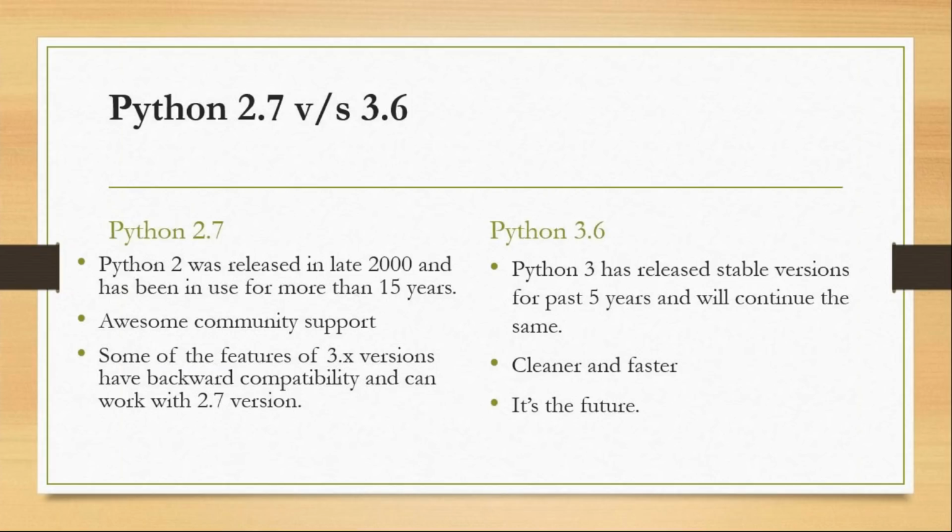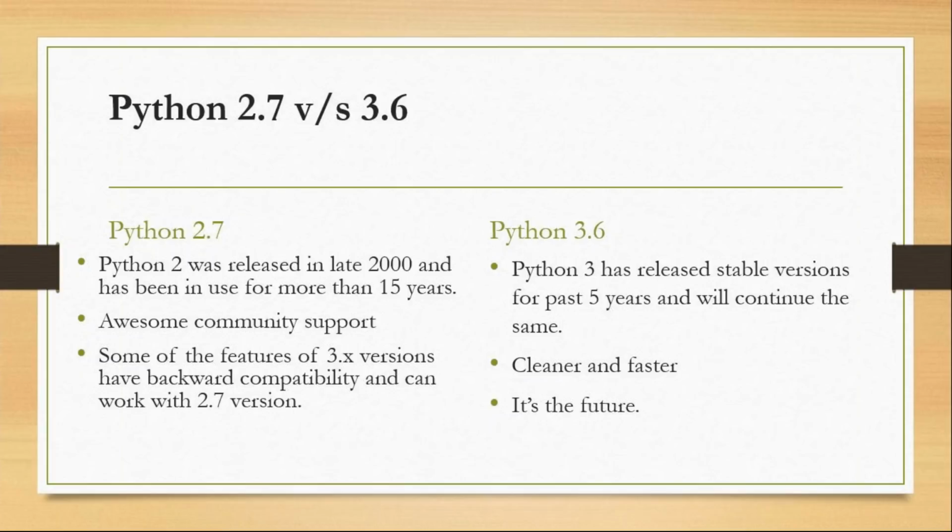Python has two different versions: one is Python 2.7, another is 3.6. What is the difference between Python 2.7 and Python 3.6? Which one is best for us to start learning Python? I recommend that beginners use 3.6, because Python 2.7 started in the early 2000s,